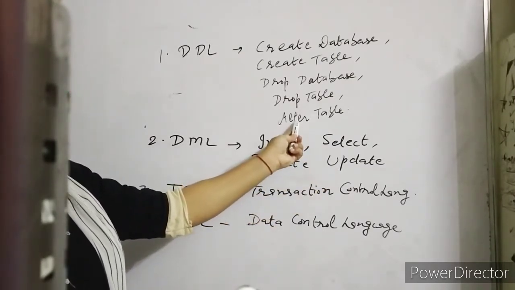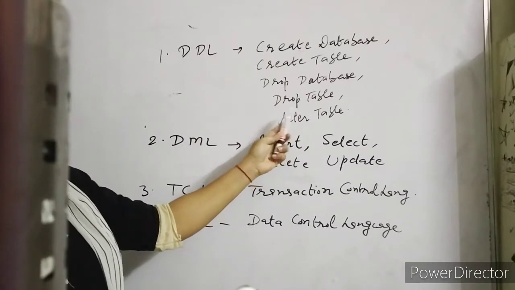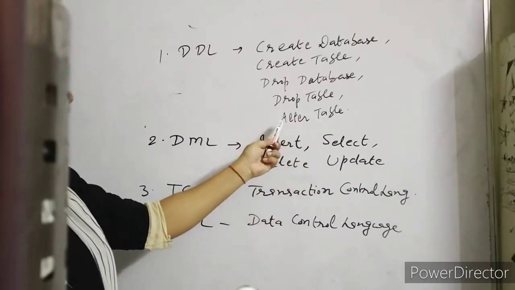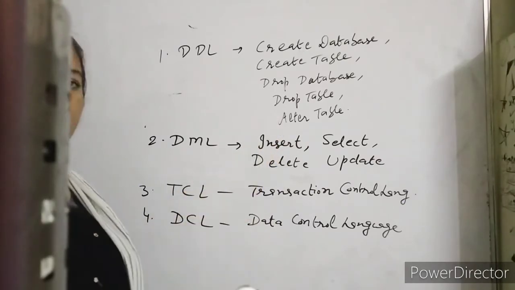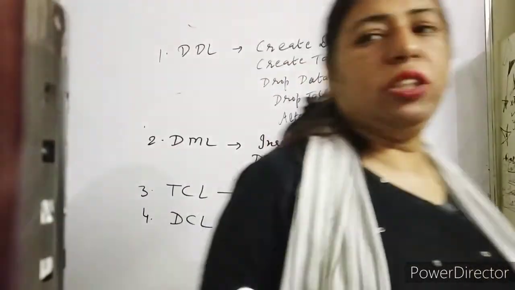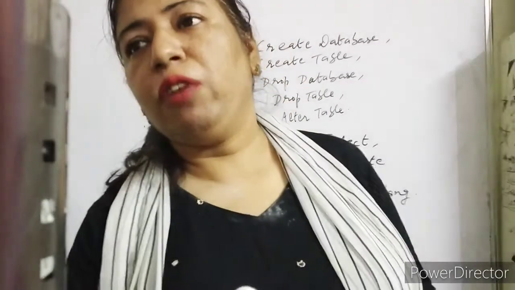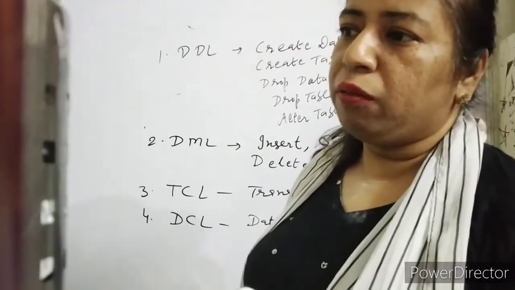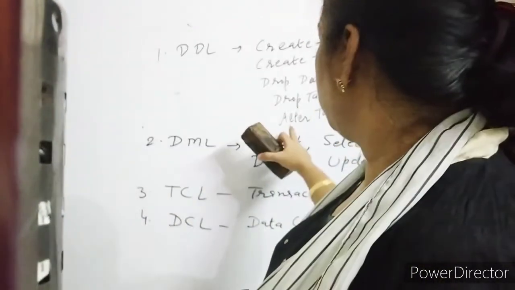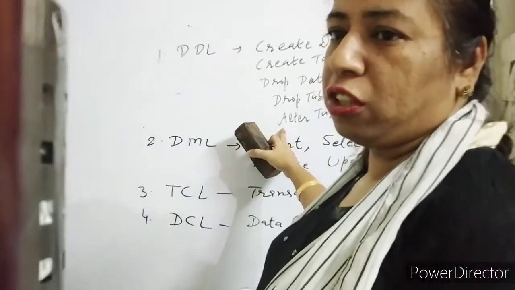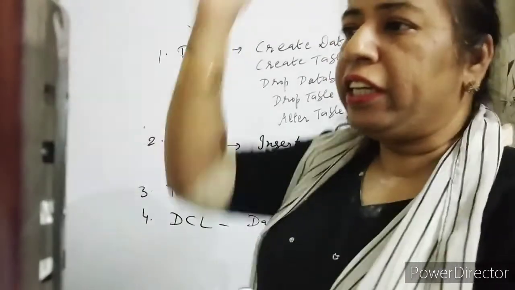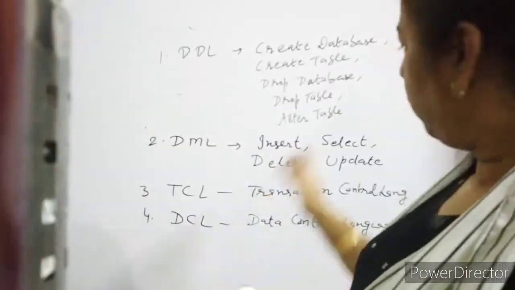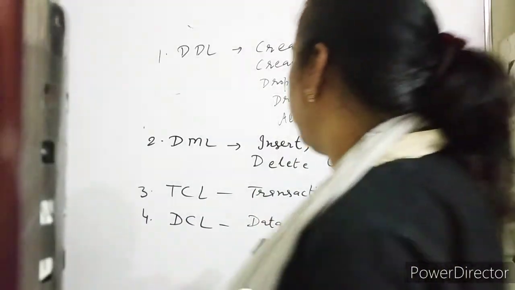Update means modification you want to do in the records of the table. And here I have used alter table. You will say alter is also change, update is also change. Update is for records, alter is for structure. Clear? Structure means you all know that. Suppose I want to add one more column in the table, we will use alter table because it is a change in structure. If I want to delete any column, it is a change in structure, use alter table. Clear? We will cover it later in detail.